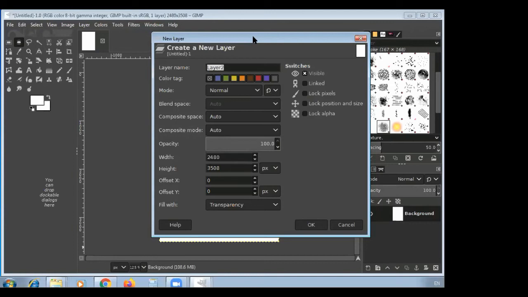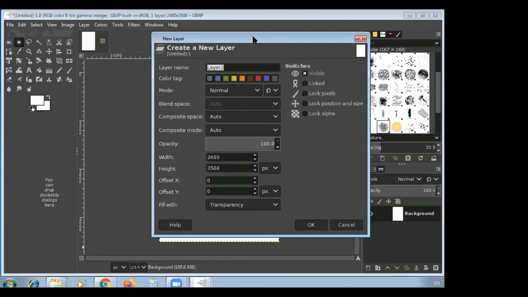Next one is the layer's eye icon. When you click on the eye icon, the layer image disappears along with the eye icon. Click on it again to make the image and the eye icon reappear. Next one is the duplicate layer icon. It will create a duplicate of the selected layer. By clicking on this icon, we can create many duplicate layers.